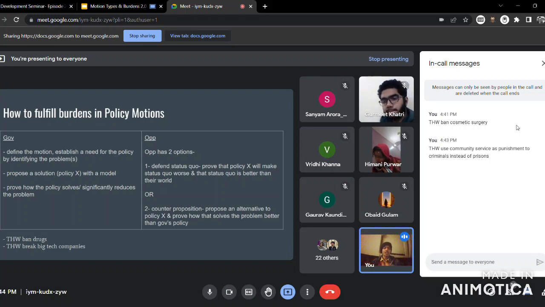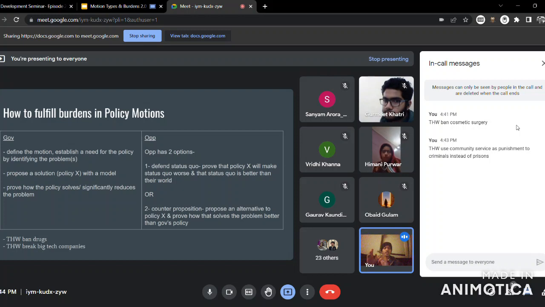non-violent criminals. I think you would also realize that this is an unfair definition. The reason is that this definition vastly reduces the scope of the debate. Because if we're talking about punishment to criminals, presumably we're talking about all sorts of criminals, right? Criminals who are young, criminals who are old, criminals who are violent, criminals who are non-violent, criminals who do crimes out of necessity, like stealing a loaf of bread, or criminals who do crimes out of passion, like murder, grave crimes or crimes against humanity. So we're talking about all kinds of criminals here.